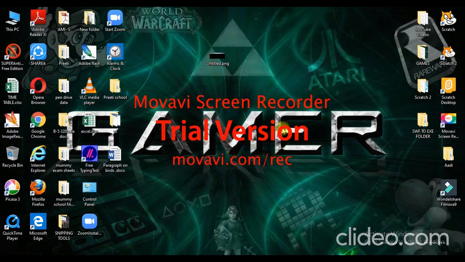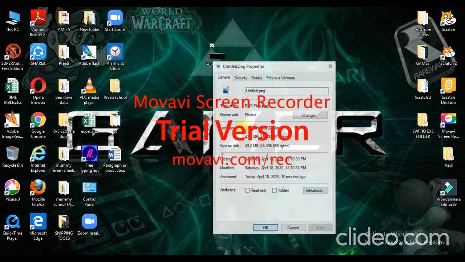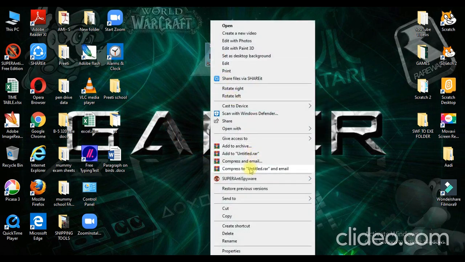So hello friends, today I'm going to show you how you can decrease the size of an image. Here I have this image whose size is 43.2 MB. First you have to open it with Paint,